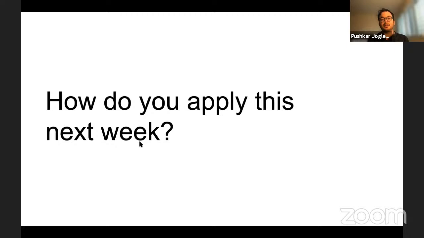Next one is, now you learned all of these three things, right? But the bigger question is, how do I apply this next week? Well, let's say you start on Monday again and you want to know, okay, I learned this, but what do I do? And how does it make sense for me to apply this? So what you can do in this case is,